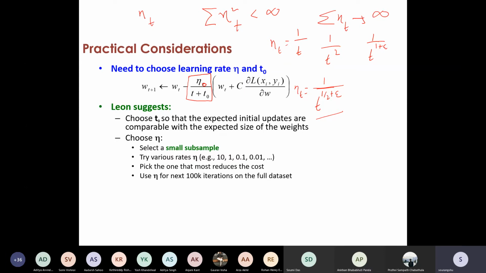A simple way of choosing eta 0 is that you start with a high value of eta 0, something like 10, let's say, and you keep going down logarithmically. So after 10, you try 1, 0.1, 0.01, and so on until it converges. You can try this on a small sample of the training data set also. Here you are just looking for convergence. Once you have a particular value of eta 0 for which you know that it converges, you can then use that as your starting rate.